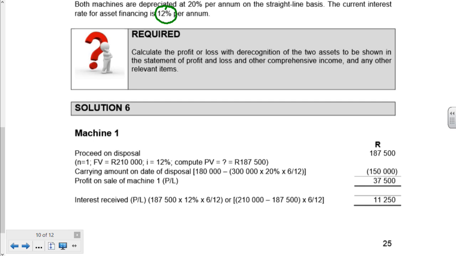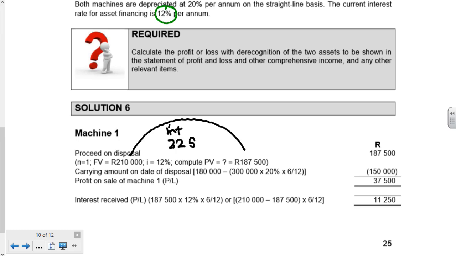We've talked about it before. But this was a straight 1, so it was fine. Future value 210, N1, I12. They always have to give you an I. Compute PV 187,500. It means that the difference between these two will be interest. When I receive the money, I will record interest income, isn't it? Because it's the money that I'm receiving of that difference, which is what,